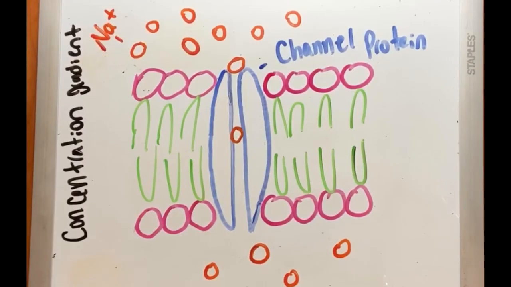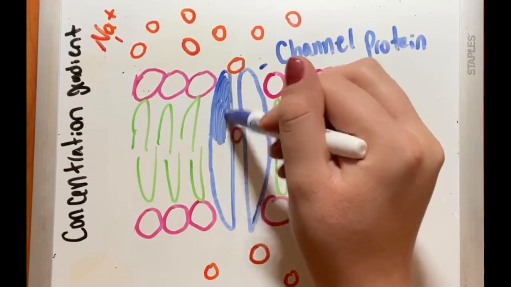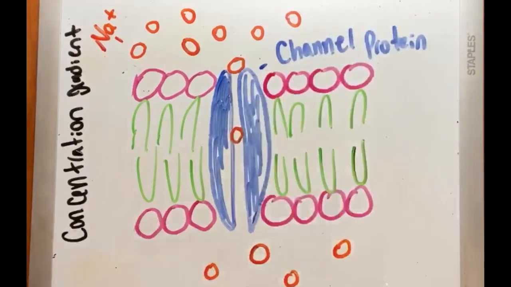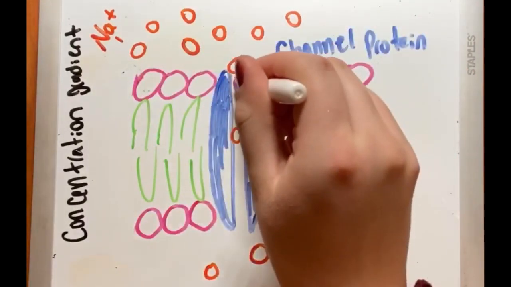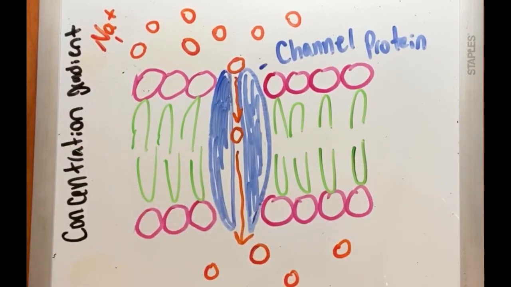functions to occur. Channel proteins are integral proteins that permit the simple diffusion of solutes across the cell membrane by providing a channel for ions and molecules to pass through. Channel proteins move molecules down their concentration gradient, not using energy. This is a form of passive transport, or the diffusion of substances via an electrochemical gradient. Ions, such as Na+, are unable to pass through the cell membrane on their own, and thus rely on channel proteins. This protein moves Na+ at a high concentration outside the cell into the cell where it is a lower